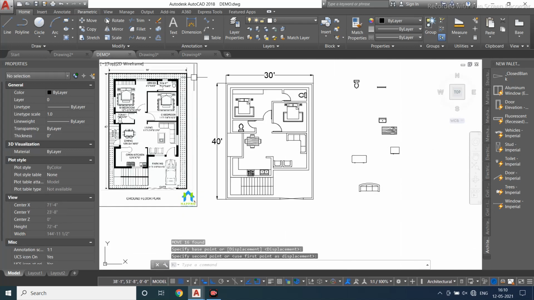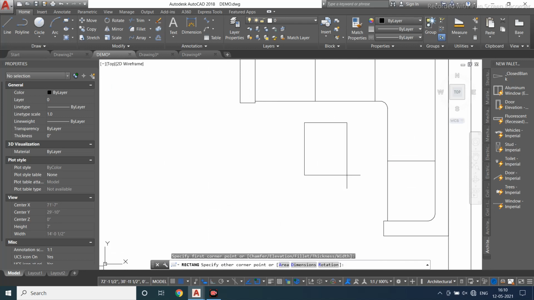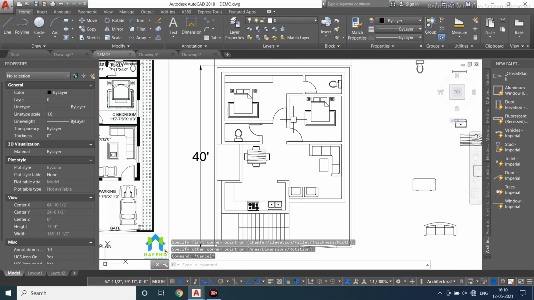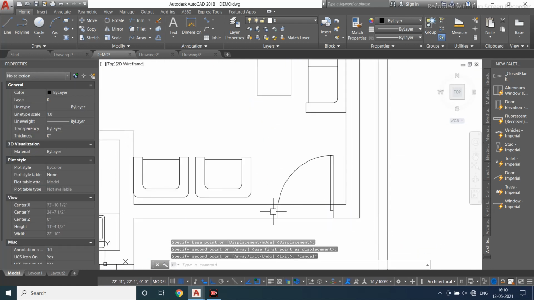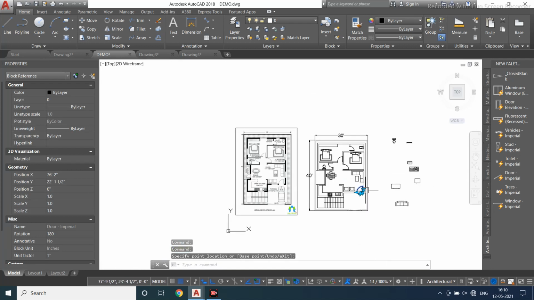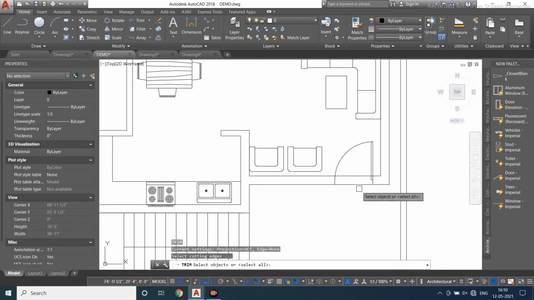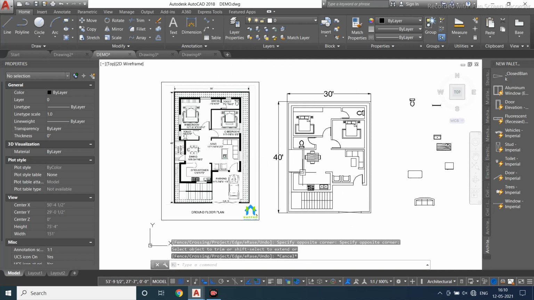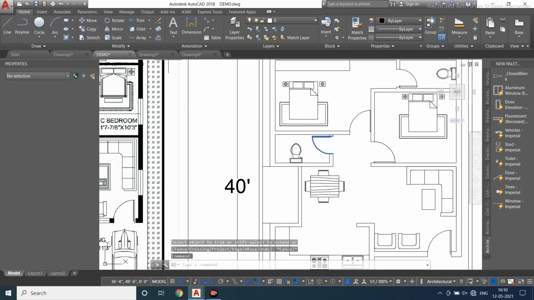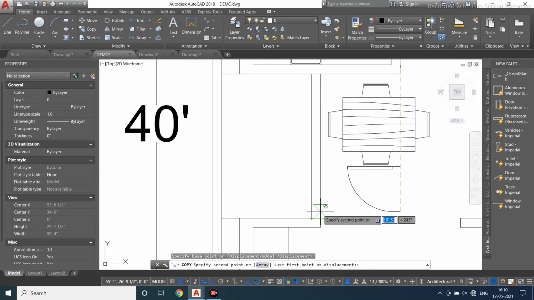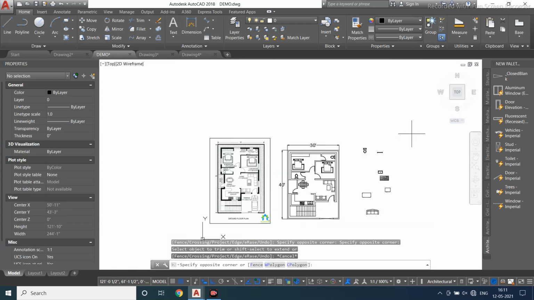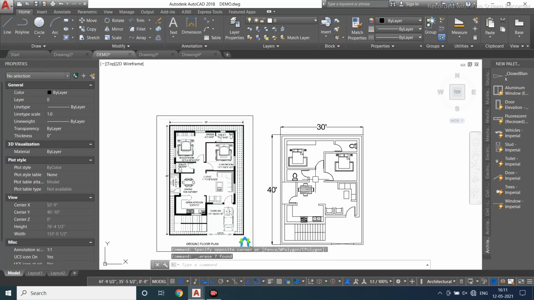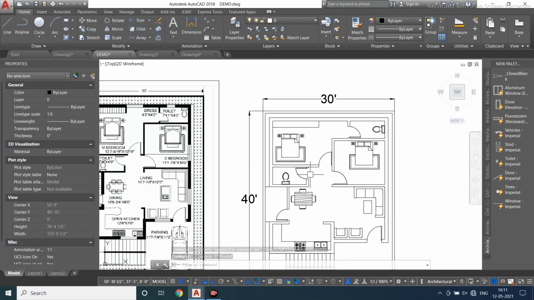Now I need a table over here. Just using a rectangle you can create a table. Now again I need a main door over here, but the door size will be a little greater, that is 3 feet 4 inches I have provided. So over here also, this is the door to go towards your utility. Fine. These are the things you can plot over here. So bedroom is done, everything is done, water closet is done.